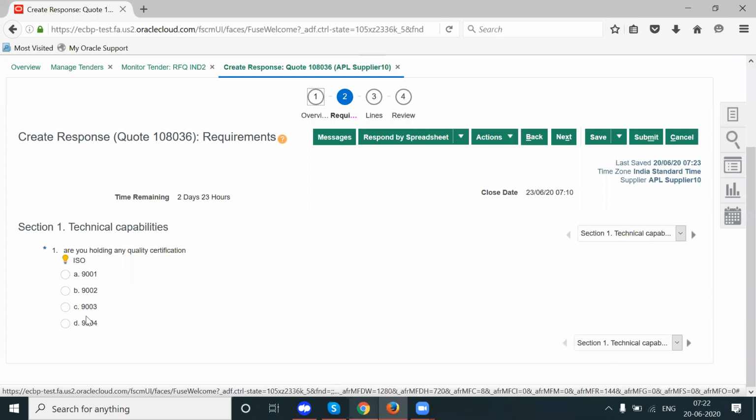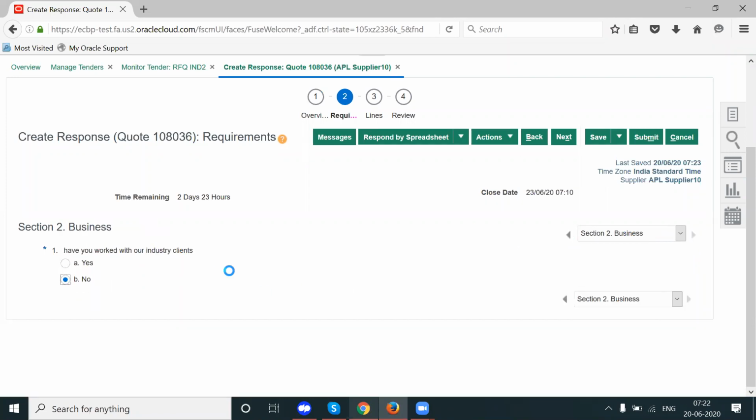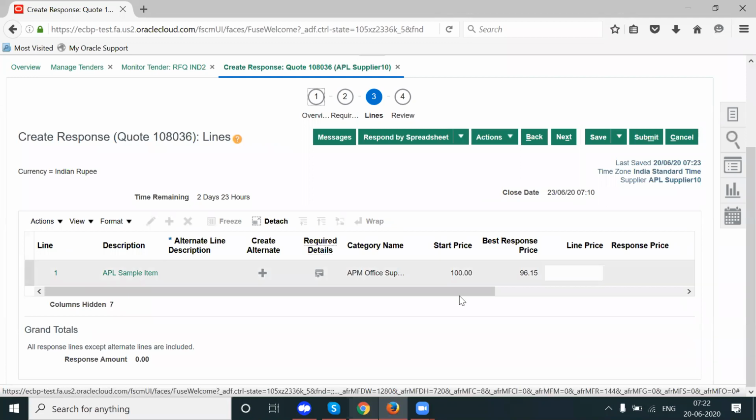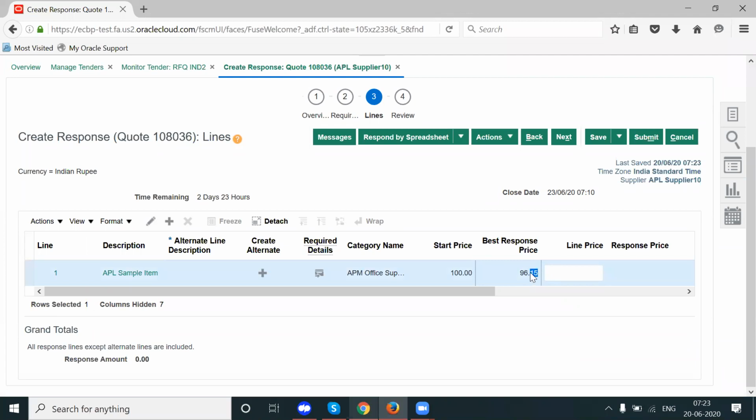And this supplier is also holding 9001, and this supplier has not worked with any industry. Select no for our industry clients and come to the lines tab and see the best response 96.5, including the additional cost factors. So now let me try to submit more than this.